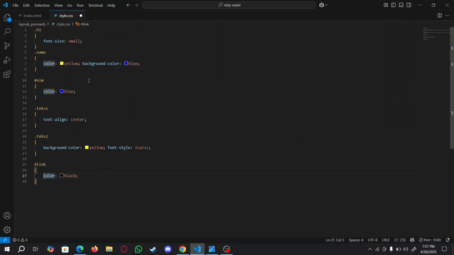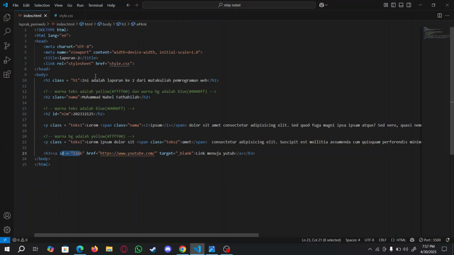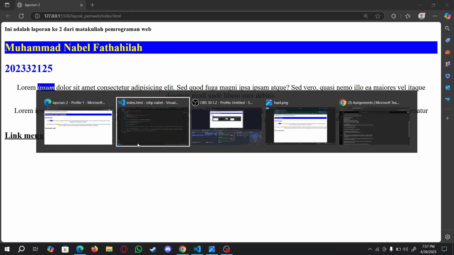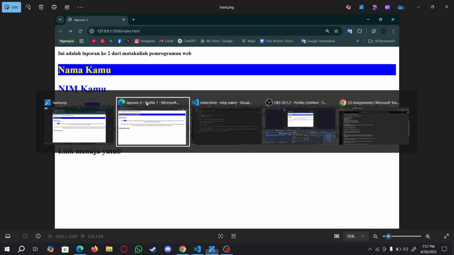So that's it for the HTML structure and CSS style, and this is what it looks like in the browser. This is my page, and this is the example page.